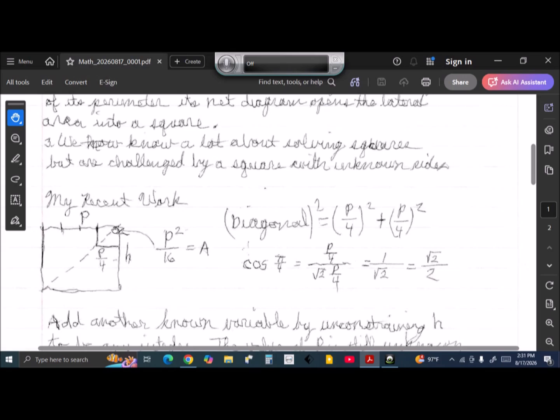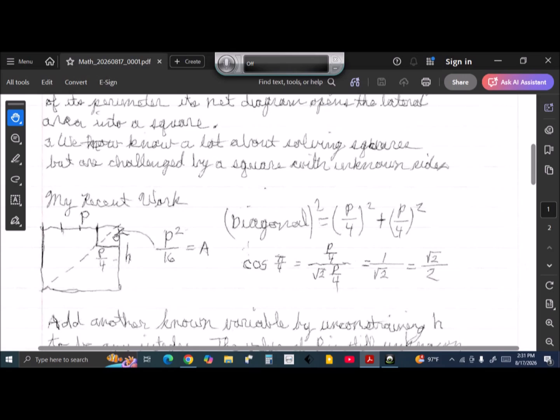Since we folded it out and we're working with a square now, this perimeter is a straight line, and if we try to encircle a single square with one perimeter line, this would be the size of that square, and this would be its area. And that gave us a few more numbers to work with. We're increasing our knowledge because we've got p squared over 16 is the area, p over 4 is the length of the sides of this square,